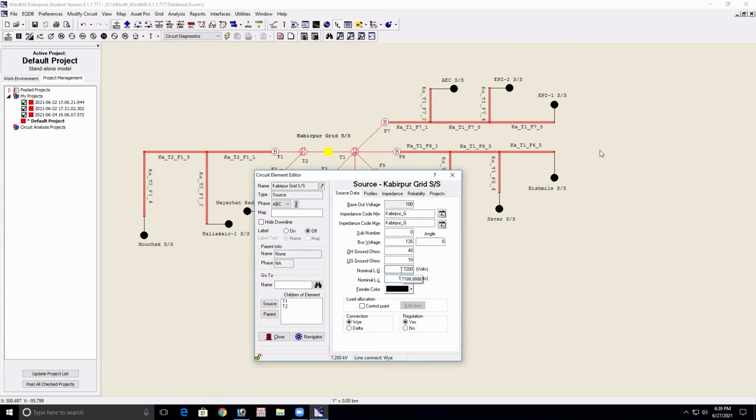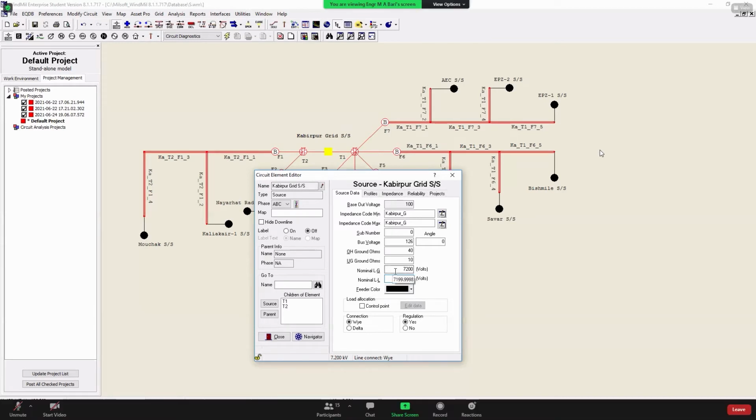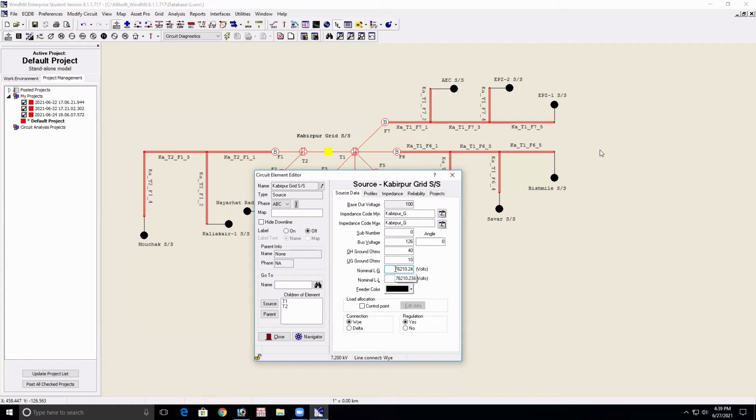And when you click line to ground, it will automatically come. So you will give the line to line voltage. Sir, will the line to line voltage be given? You need to correct everything.